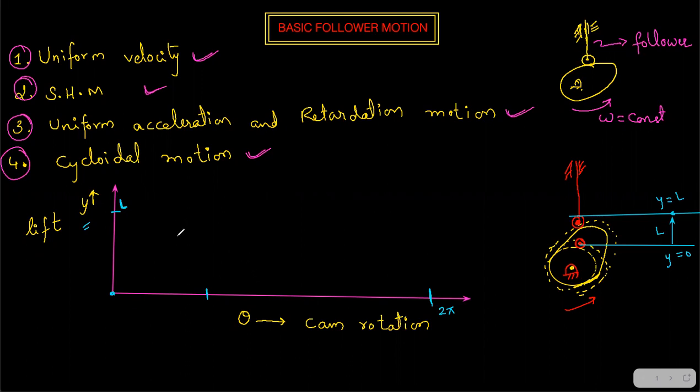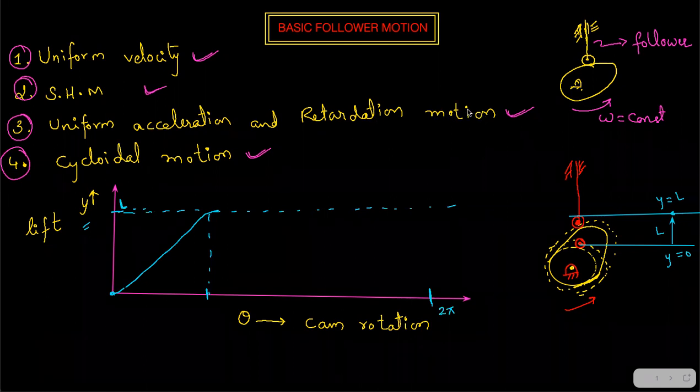At some certain angle we will have the total rise of the follower. When theta is equal to some value, call it theta rise. Let's say the follower is moving with some type of motion. We are not saying right now what type of motion. I'm just going to put the total height as a horizontal dotted line, a reference line. This is the total height to which the follower is going, and this is the area of theta rise. We can say that theta has a total rise.